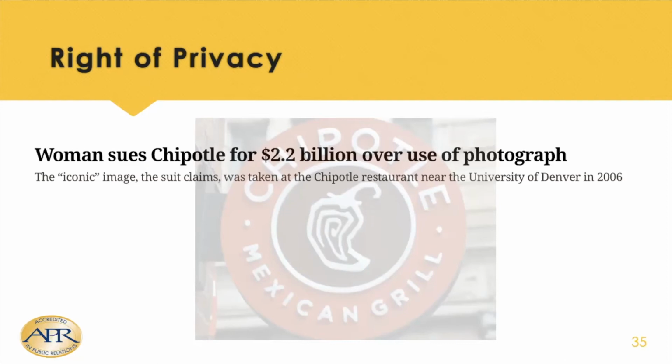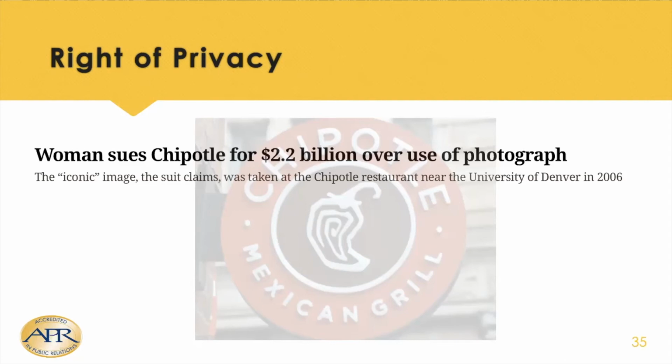The photographer asked for permission to use her photo and sell it to Chipotle, and she said no, and she never signed a waiver. And then she realized in 2015, she saw her photo in Chipotle ads in a number of Chipotle restaurants. And so she actually went back and sued them for invasion of privacy,